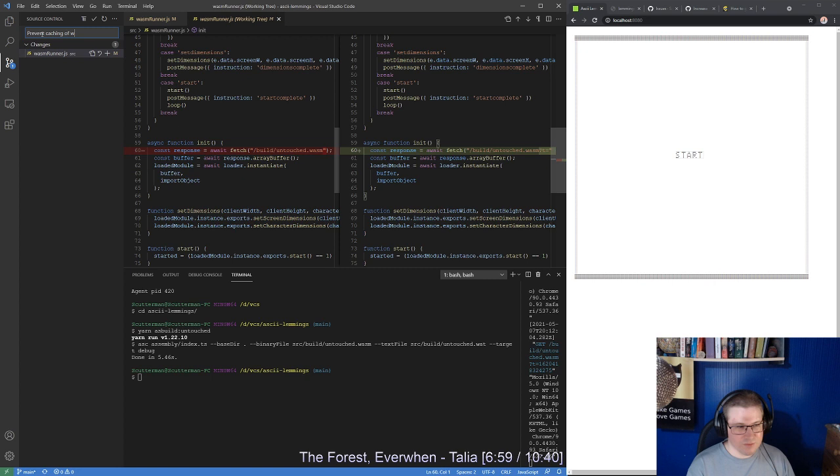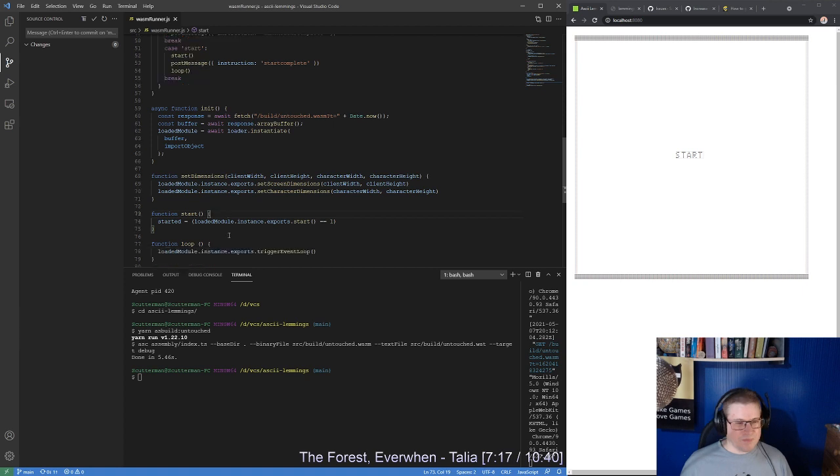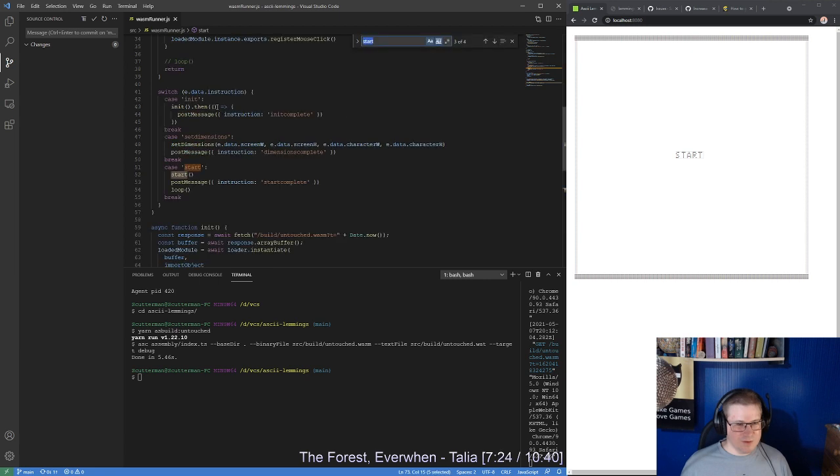Right, so in fact that'll be somewhere in this file. So we can tell it to start here, but this gets a message called, okay, so we do init and init complete. We set the dimensions and we get dimensions complete back, but what if